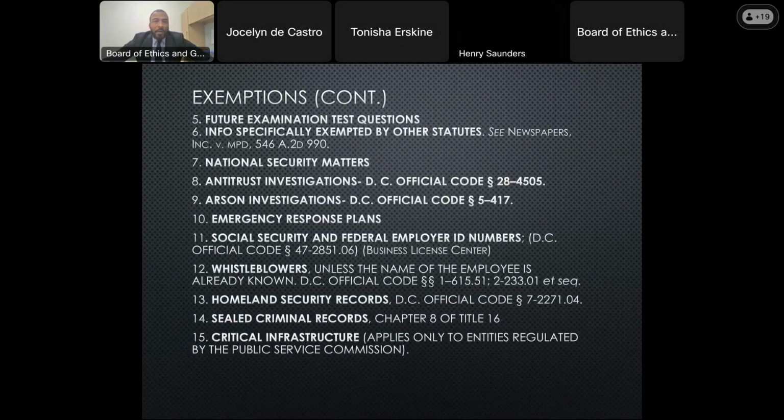Okay. And then the exemptions go on and include future examination test questions, info specifically exempted by other statutes, national security matters, antitrust investigations, etc. I'll let you read those.